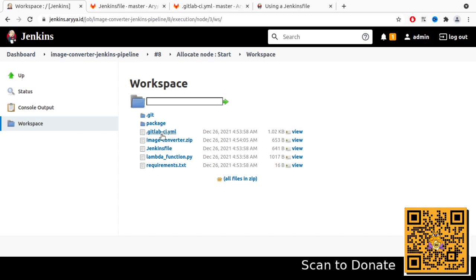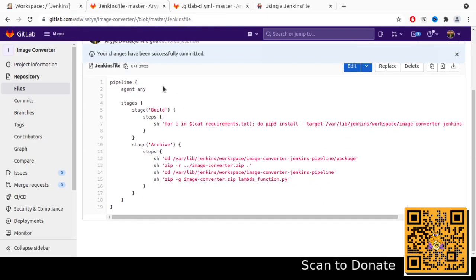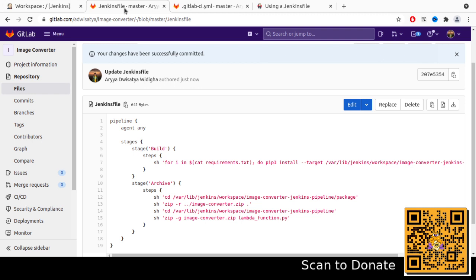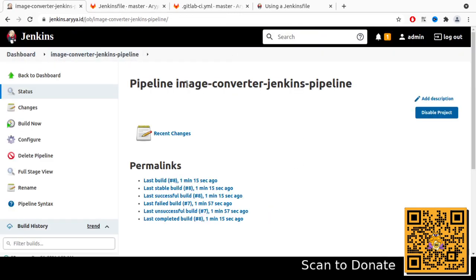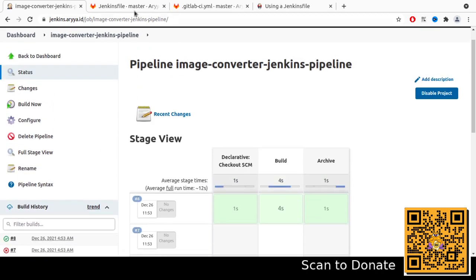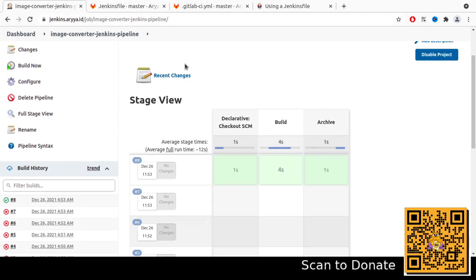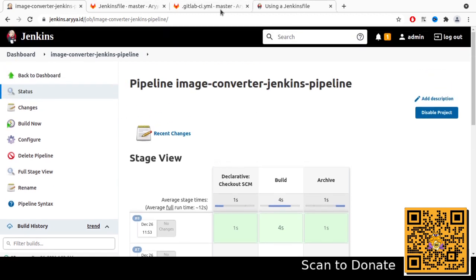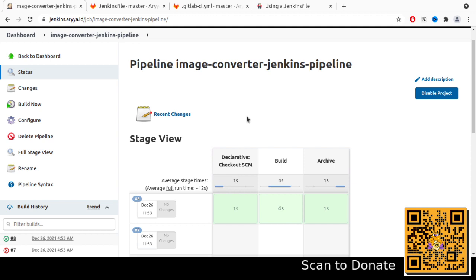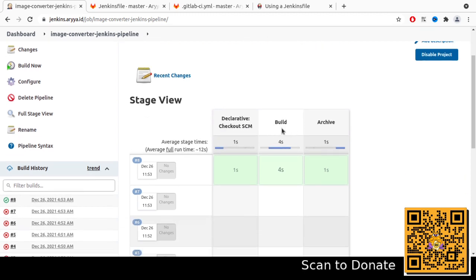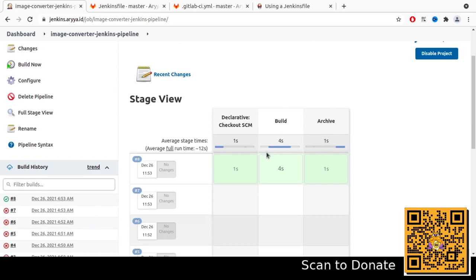So actually we have successfully converted the GitLab CI/CD to the Jenkins file, so we can have the dynamic Jenkins steps as we specify in this Jenkins file. So you will run new things here, and we can make some enhancements in the pipeline. Let's say we want to add another stage like deploy and something like that. After we modify the Jenkins file and create several stages, we can see how long each stage takes.